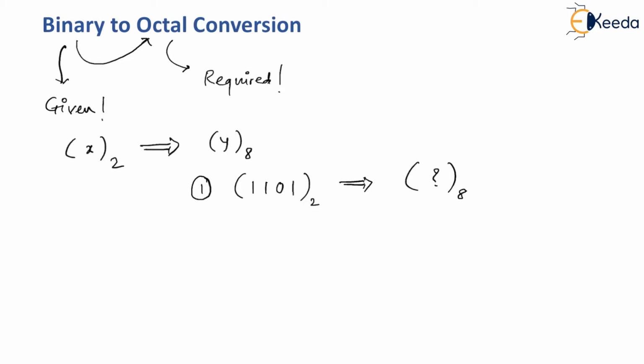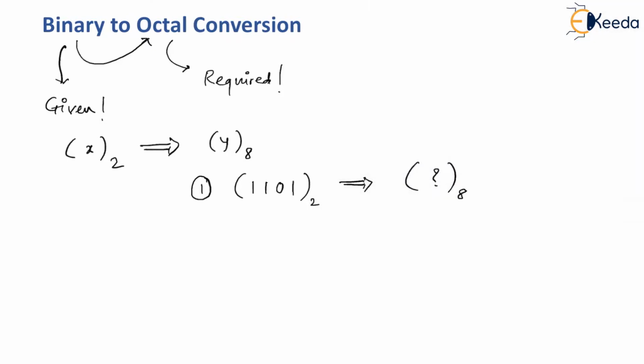So the very first step is that whatever binary number is given to you, write it down again separately. Make a group of 3, that too from right to left. Okay, once again I'll repeat the step. Write the given binary number as it is. Make a group of 3. It means in every group there has to be maximum 3 bits together, and make these groups from right to left. So what I said, let me do that.